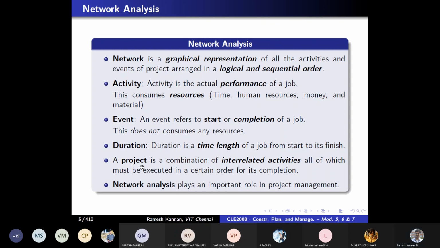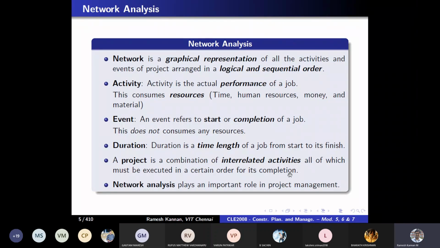And as I told you, a project is a combination of all the interrelated activities with the time frame, and it should be completed in a logical sequence or in terms of order. Some order will be there. Like if activities A and B and C are there, and B depends on A, you cannot start activity B unless A is completed. Say, for example, if activity C also depends on A, you cannot start activity C unless activity A gets completed, right? So if activities A and B are a prerequisite for a particular activity, then unless both activities get over, the third activity cannot be started. So that's what basically the order means, right?